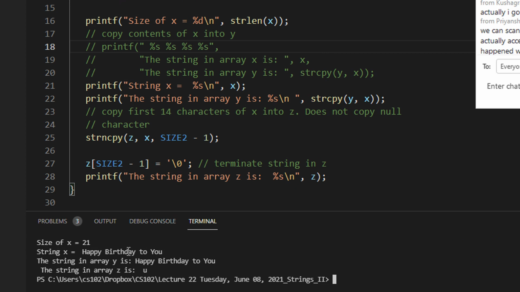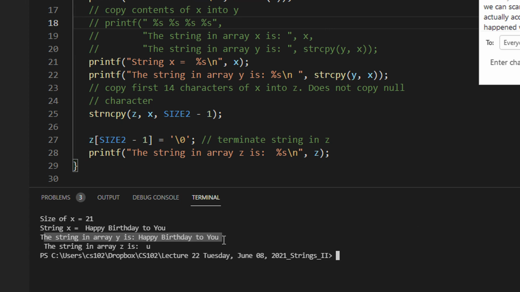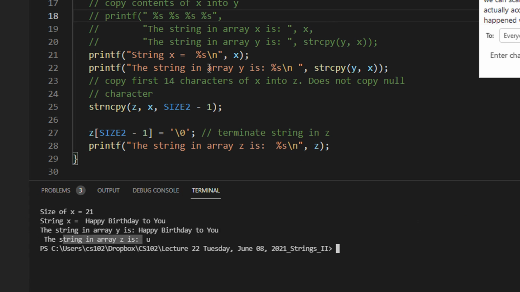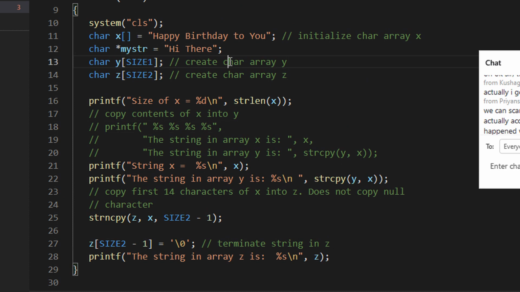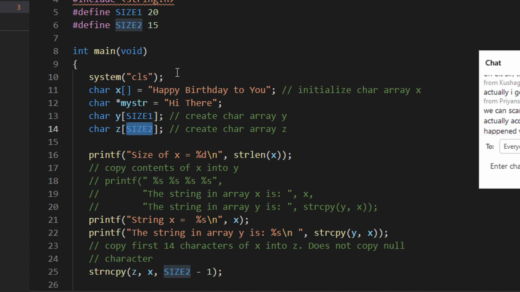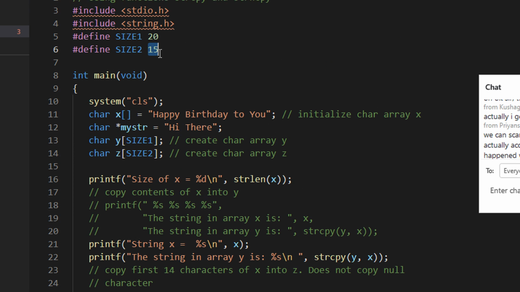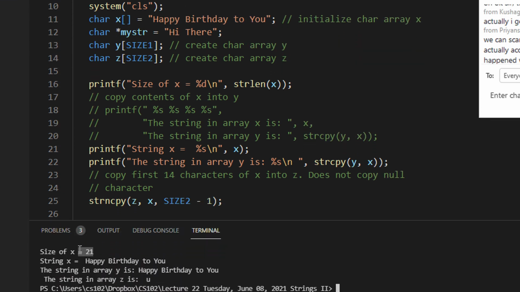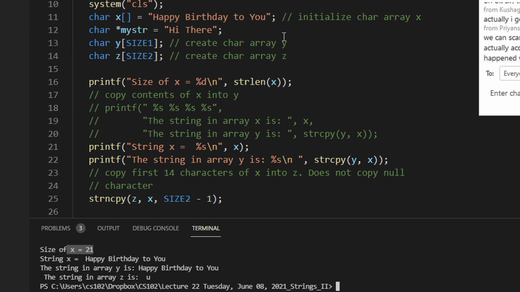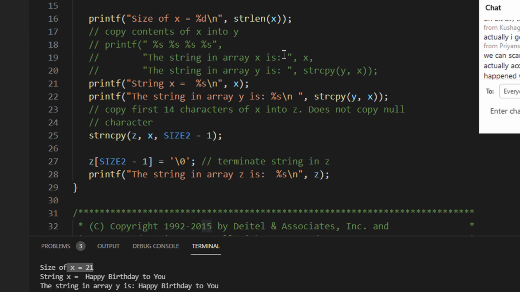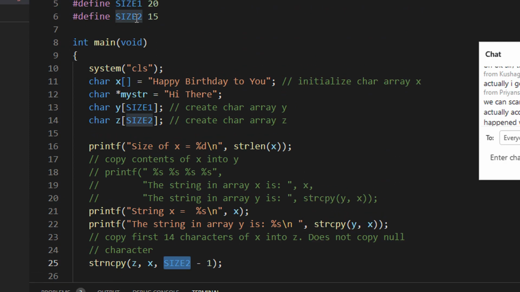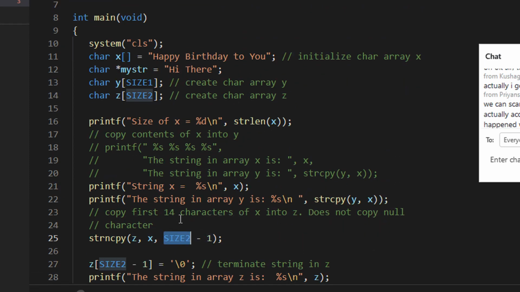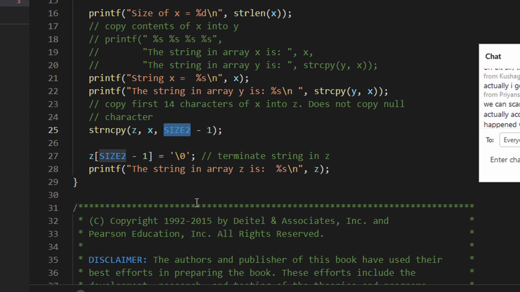So let me just run the code. String X is this. String Y is happy birthday to you. The string in array Z is... so let us see what we did with Z. Z basically is size 2. Size 2 is 15, right? And we know that the whole string is 21 in length. So what we are doing, we are copying X to Z, and we are copying only 14 characters because size 2 is 15. 15 minus 1 is 14 characters, right? So technically what should come here is like,